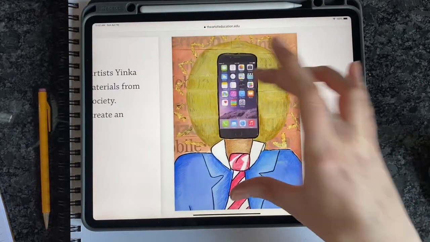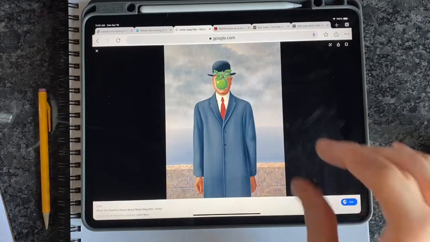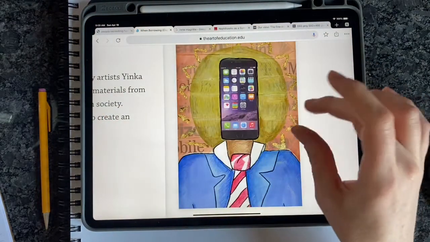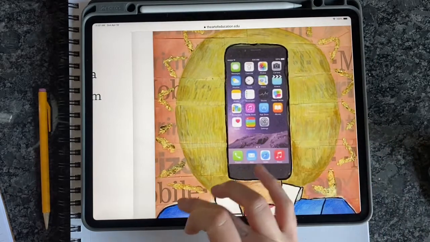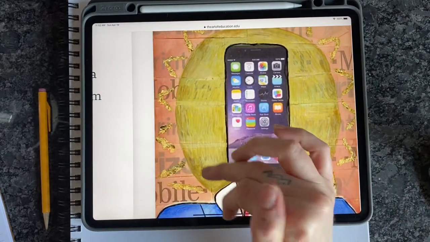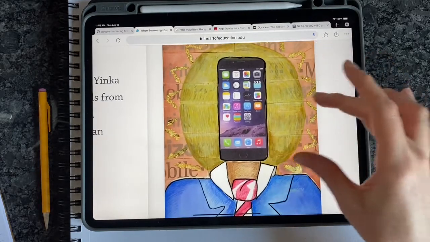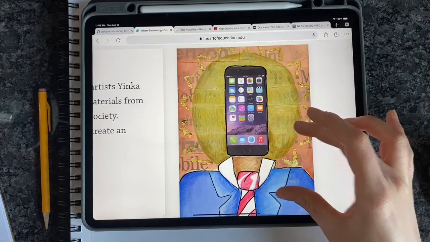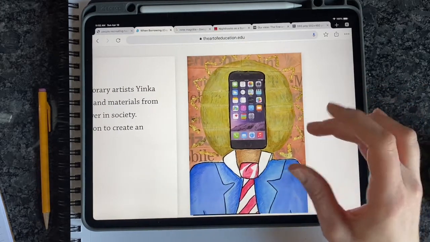I had shown you guys this one last week. This one is an appropriation from this Rene Magritte artwork where he had replaced the apple with a cell phone. And actually, if we look even closer, the background is like this collage of T-Mobile, Sprint. It's definitely a comment on cell phones and technology and how they might affect our mental health or our outlook on the world, right?